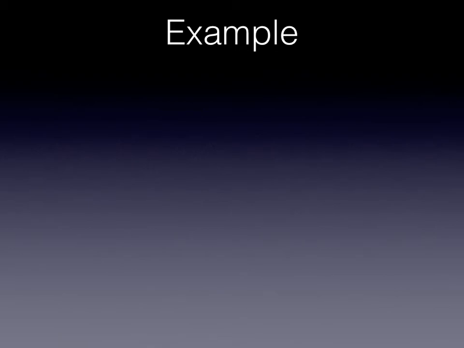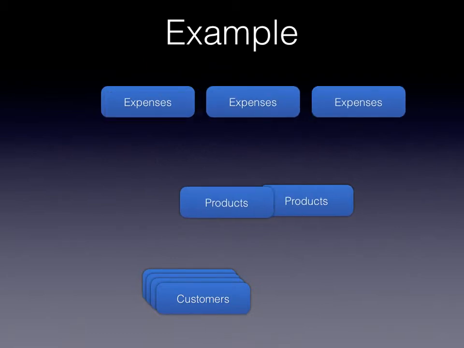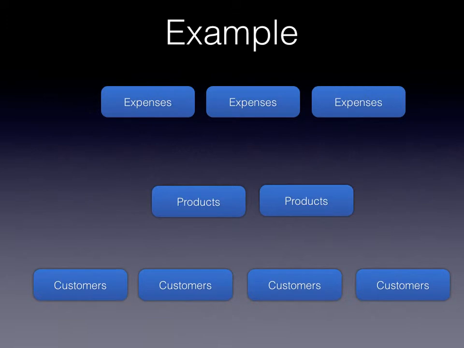Let's consider an example to understand the issues involved in cost management and specifically in activity-based costing. Assume your company has a variety of expenses and it creates several products and sells them to different customers. If we try to understand how expensive it is to serve individual customers or products, we can try to map out the relationship between these quantities, and we find that the relationship from products to customers is fairly straightforward, essentially